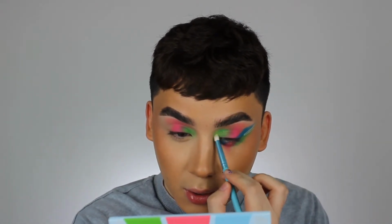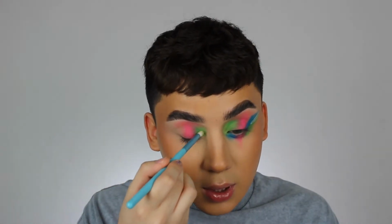Let me swatch it for you guys. I know I haven't been swatching, but let me, ooh, good. Ooh, that looks so good. I love a good green like that. We're going to add that to the inner corner. And then the inner corner spot, like right here. Let's first dip in